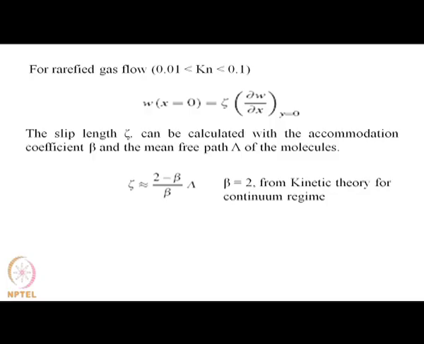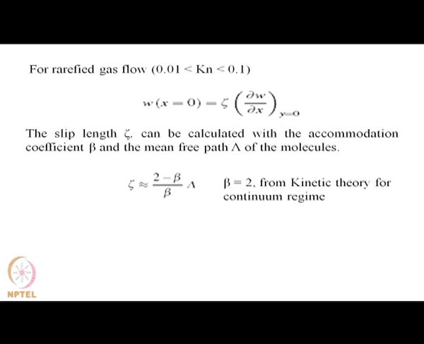For such cases, the velocity at the wall is not 0, it is rather expressed in terms of a property called the slip length and the gradient of the velocity at that point. Now, large quantities of data for slip length are available for different fluids under different conditions. This slip length can be correlated with the accommodation coefficient beta and the mean free path of the